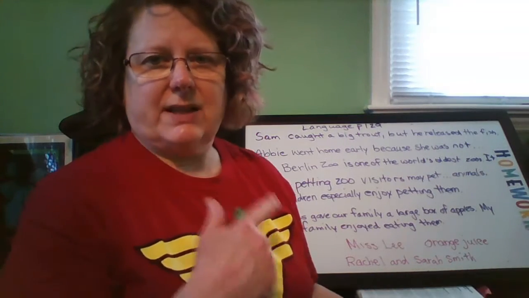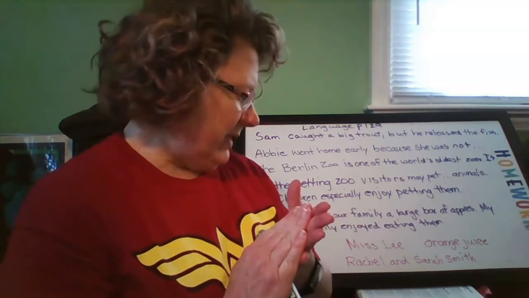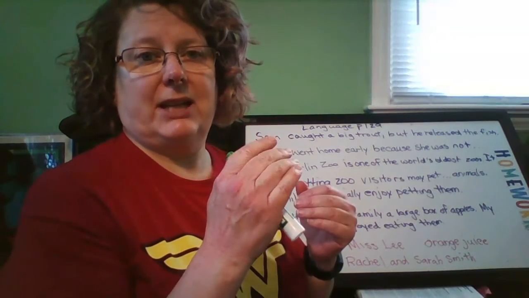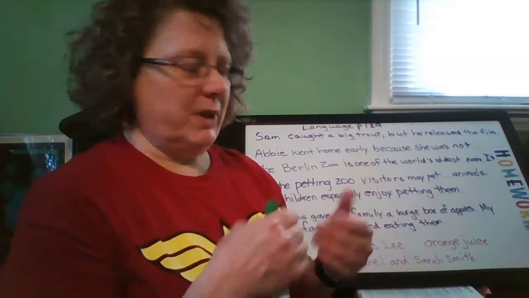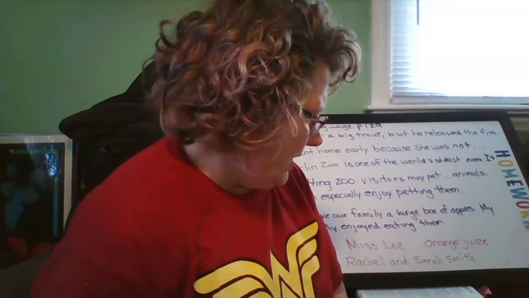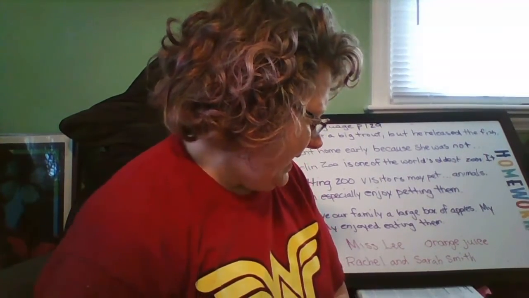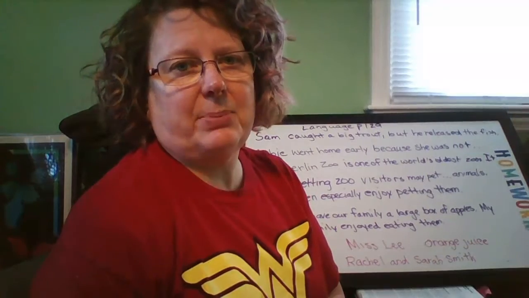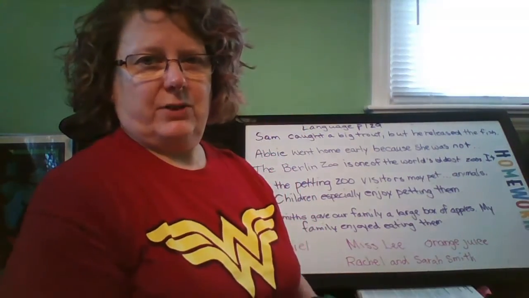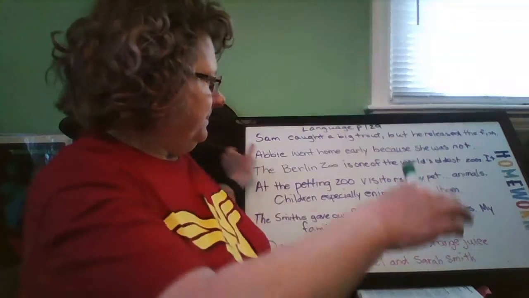So we're going to look at these sentences. The first thing we're going to do is find the pronoun. If you forget what the pronouns are, there's a list at the top of the page. So the first thing we have to do is find the pronoun and circle it. Then we're going to underline the noun in the sentence that the pronoun takes the place of. And then we're going to draw an arrow between the two. So let's get started.